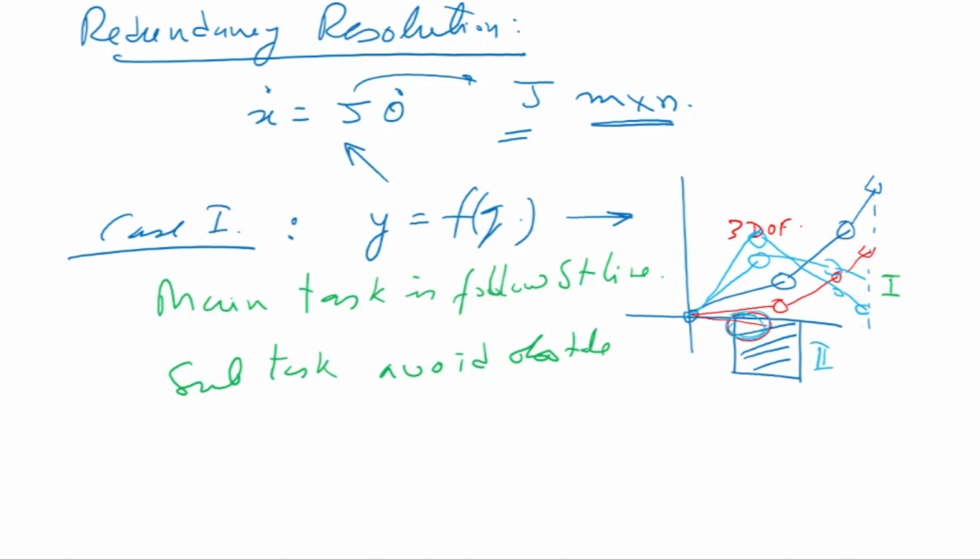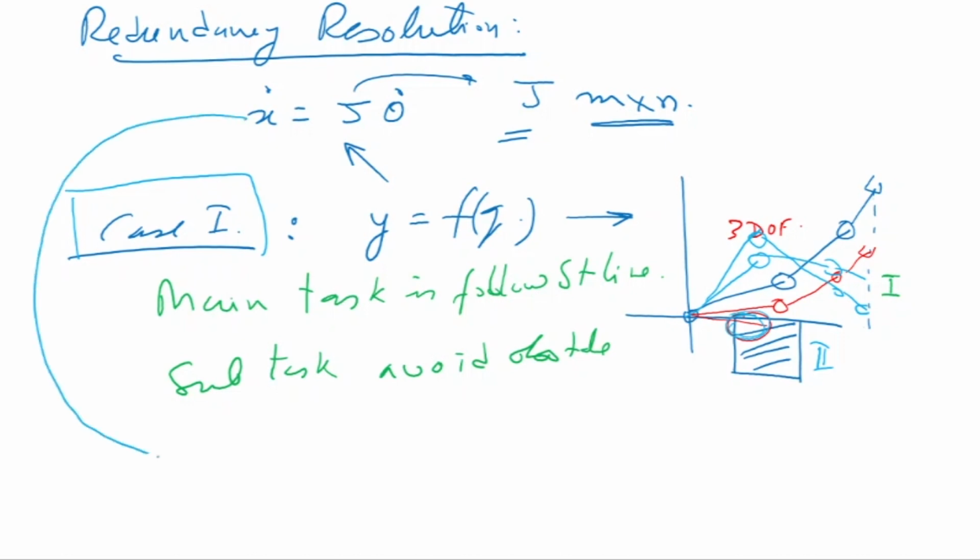Okay. So this may not be possible if the system is not redundant. Okay. So here it is a redundant system. So we have some degrees of freedom which can be assigned to follow the straight line, and the other degrees of freedom can be assigned to avoid the obstacle, and together they are performing the task. Okay, so this is one way by which we are dividing the total task into two tasks. One is a main task, one is a subtask, and the problem is being solved.